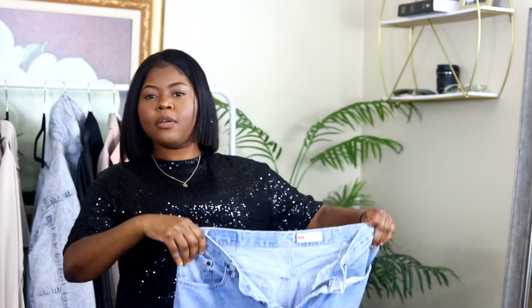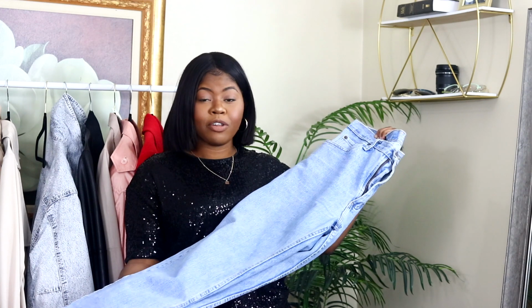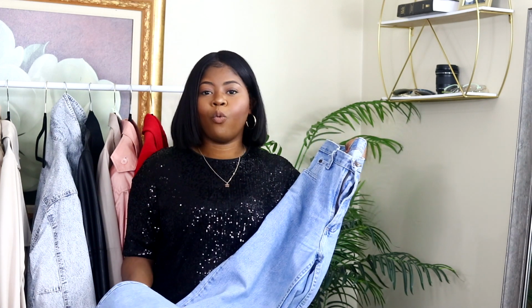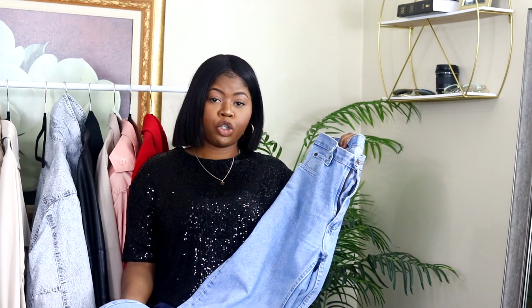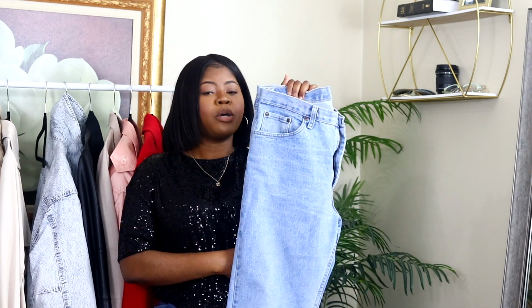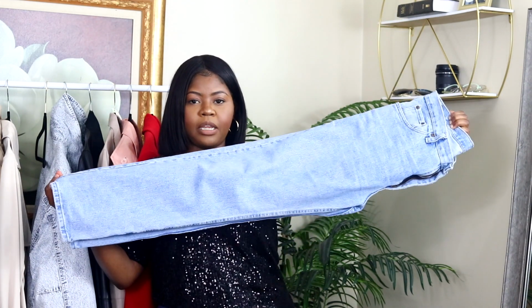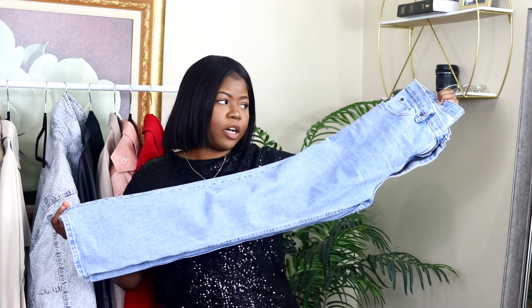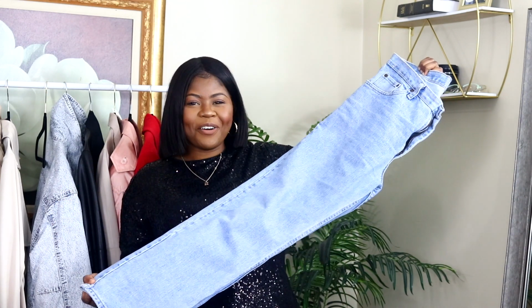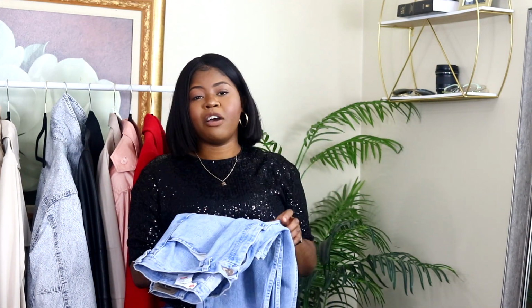So the first thing we're gonna do, we're gonna need a pair of jeans. These are men jeans. I am really big on checking out whatever jeans fits for my body, and I am in love with men straight leg jeans when it comes to comfortable fit. I normally grab my men jeans. As you guys can tell, these are light wash. I'm really big on light wash as well. I'm really big on light wash jeans, and yeah, so when it comes to being comfortable, I like